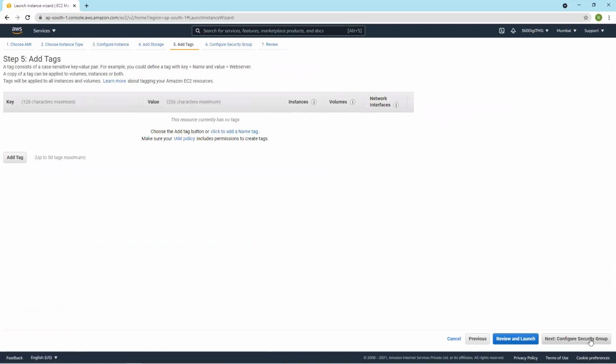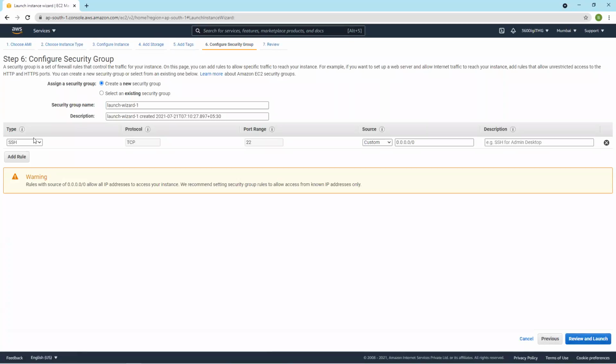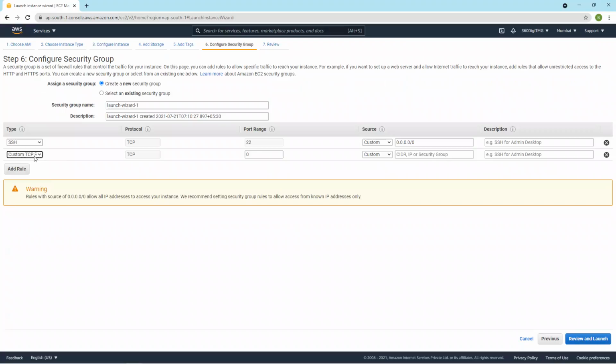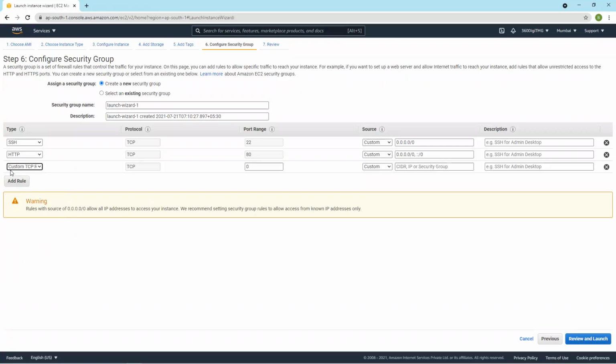Sorry. In security group, let us add HTTP rule and also MySQL rule. Say anywhere, it will add internet CIDR range.